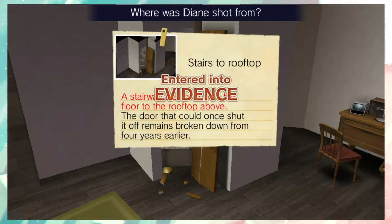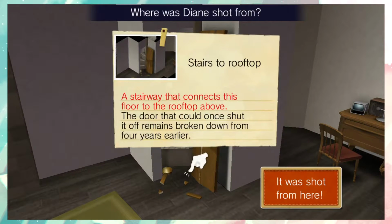A stairway that connects this floor to the rooftop above. The door that could once shut it off remains broken down for...